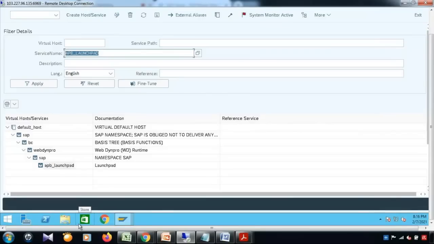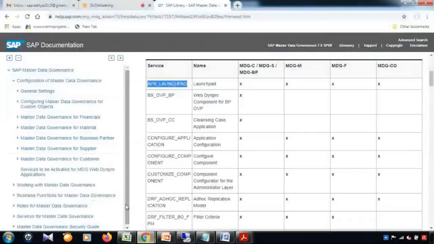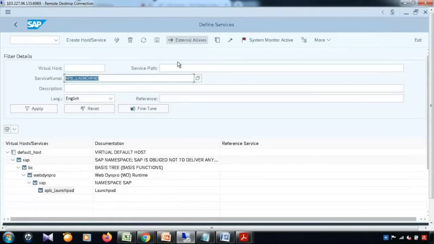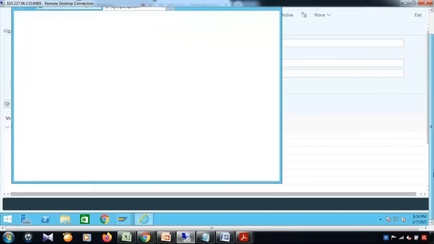Okay, now coming categorically, what is the use of this service? This service is basically bringing the launchpad. What is a launchpad? Let's say, for example, if I quickly show you, NWBC. NWBC is nothing but